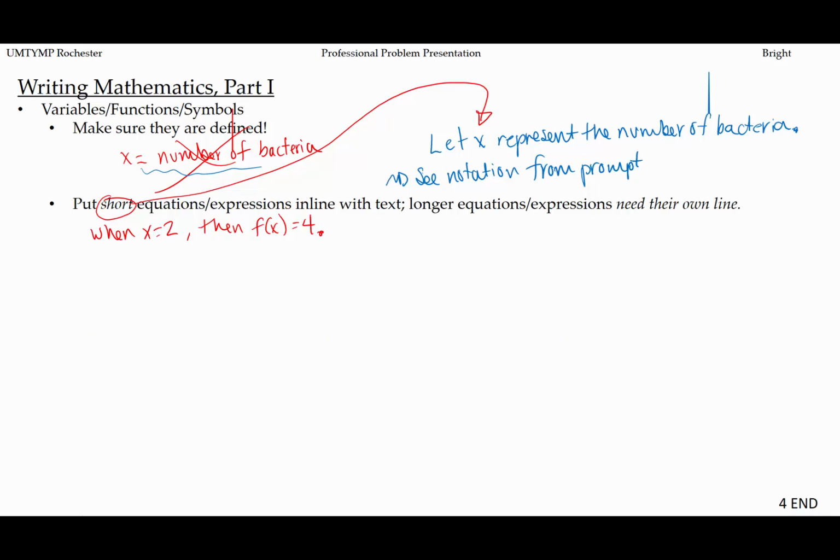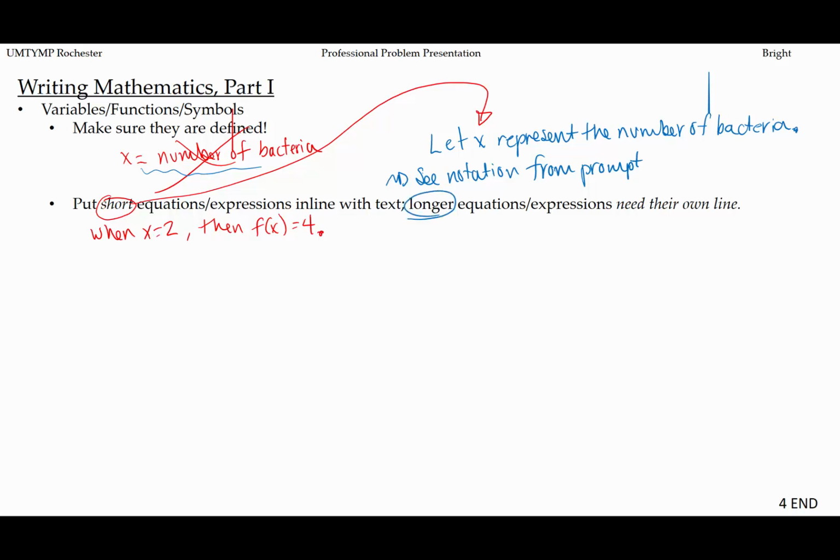Let me back up there. That would be an example of short. So it's just a quick definition or a quick use of the variable or function, and you can surround it with text, making sure to keep punctuation again. Now, an example of longer